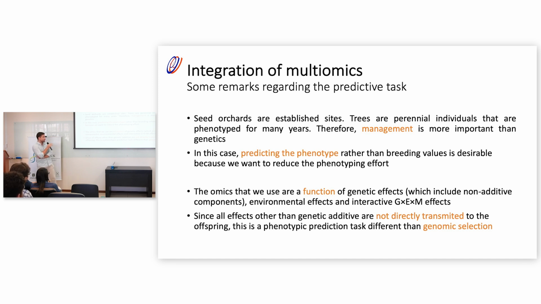And then, yeah, as I said, we want to predict the phenotype. And even if we want to have breeding values, we can't, because for breeding values, we need genomics. The things that we are capturing when you collect the nutrients, when you collect the phenomics, those are expressions, those are complex functions that involve genetic factors, but also non-genetic factors.